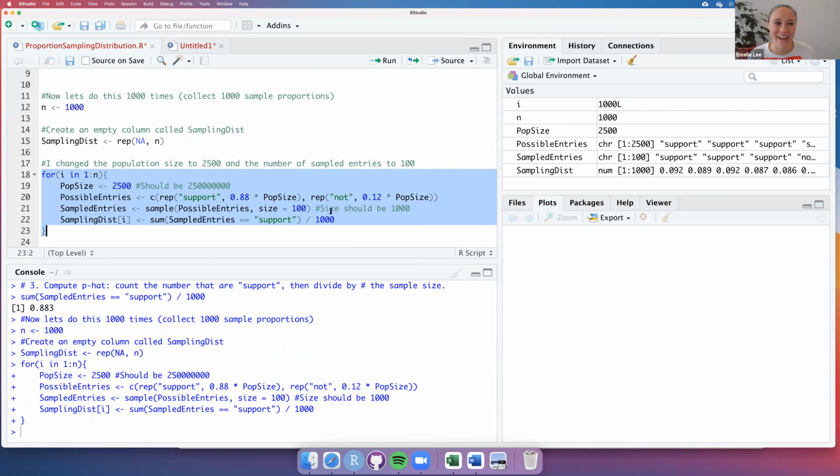So I did some tweaks here just to show you what's going on. So now that this has run, and you can tell that it's finished running because we have this caret down in the console that's ready for another command. So then it's finished running. So then if I go over here and